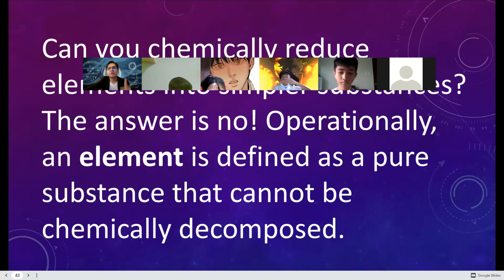For example, you cannot chemically decompose oxygen. Can you separate oxygen? No. Can you separate carbon? No. Can you separate hydrogen? No. Because they are considered elements. Again, elements are defined as pure substances that cannot chemically